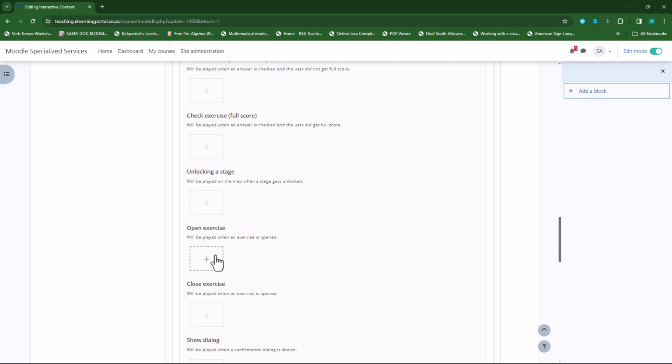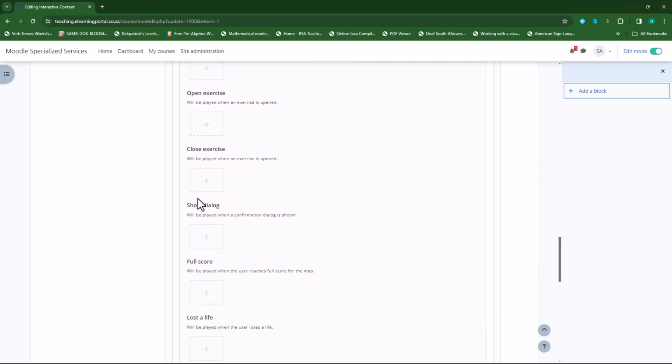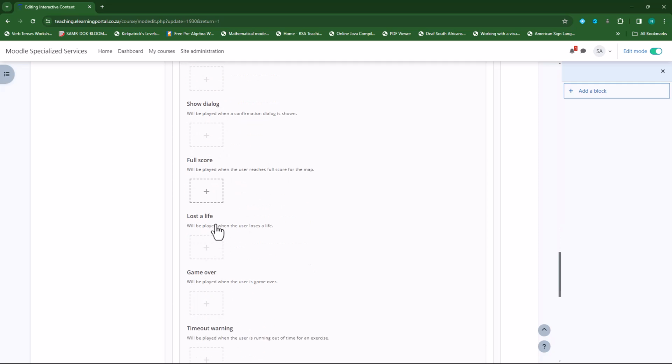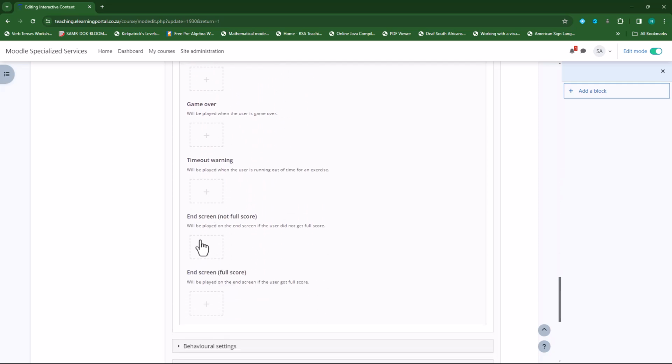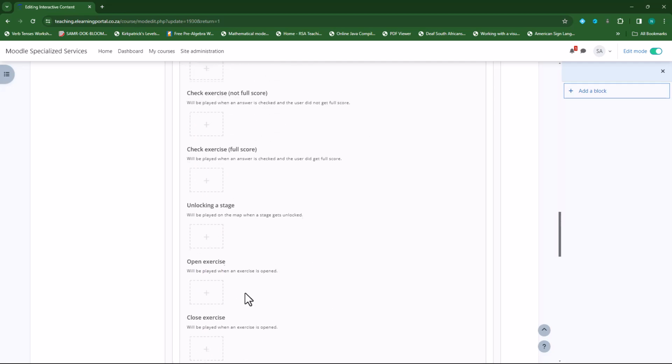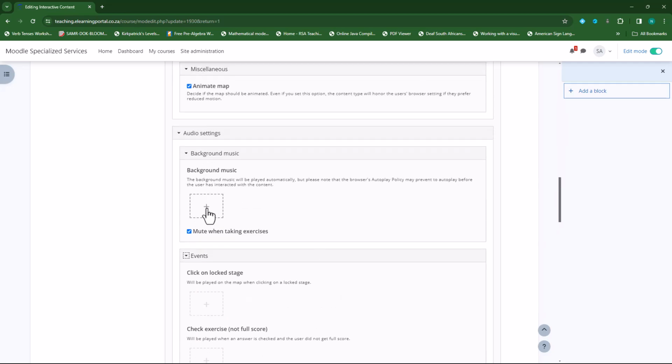Or opening an exercise, closing an exercise, showing a dialogue, full score, lost life, game over, time out, and end screen. So all of these can have audio files in it. So let's add some background music. So if you go to